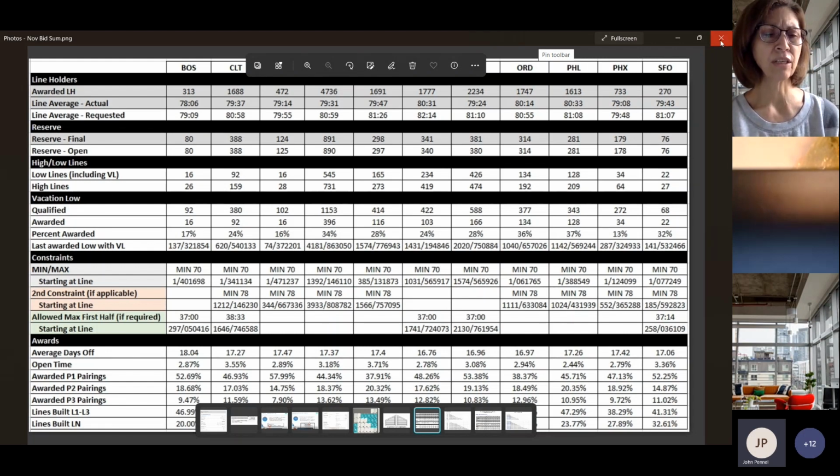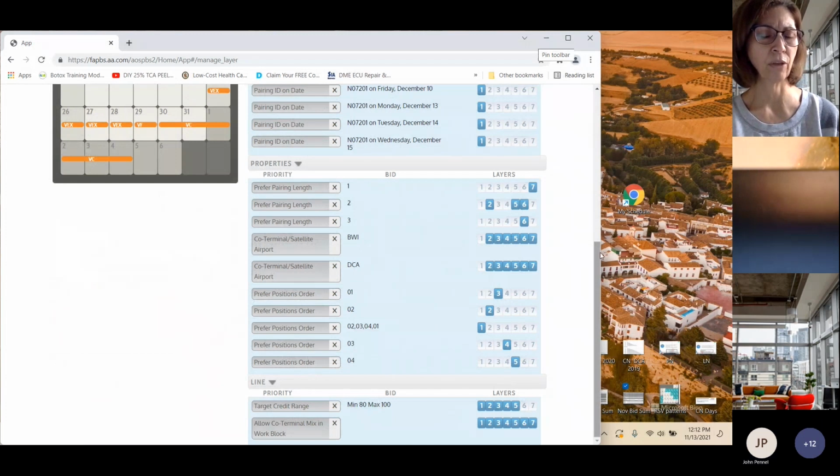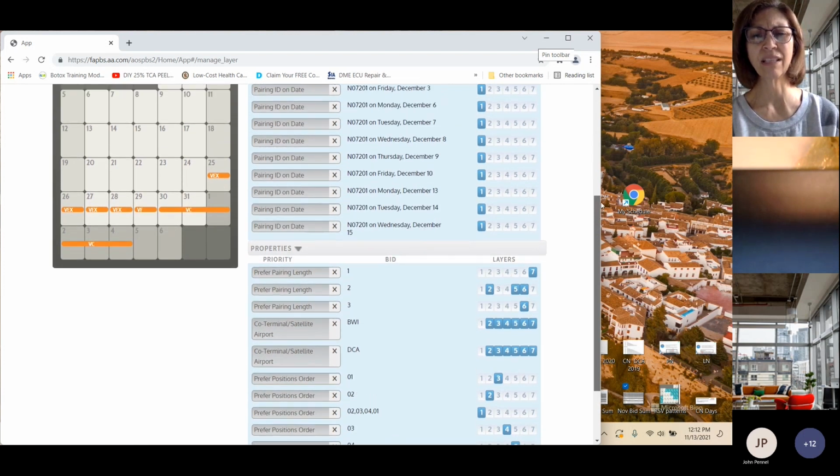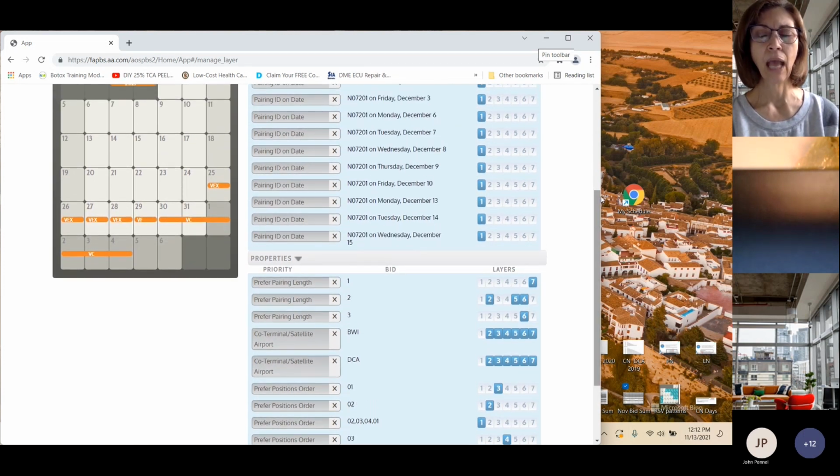Yeah, and no, I understand what she's saying too, and you're absolutely correct, John, in your answer. The only thing I would say, depending on your seniority, Tara, is just maybe in layer 7 to cover yourself, just in case. And as John said, we have no idea because who knows what's going to happen with this 300%. It's all everybody's talking about. And I've heard some people said they're going to fly as much as they can and then they'll take January off. So it may be that nobody's going to be held to anything and everybody's going to get what they want. But if you just want to cover yourself, since you said you had kids, what you could do is something like maybe